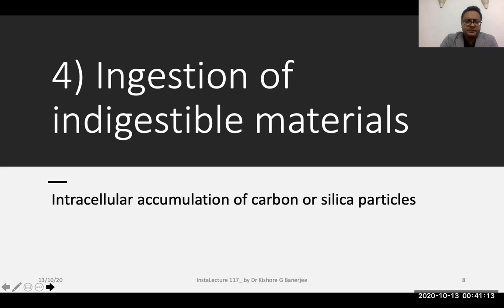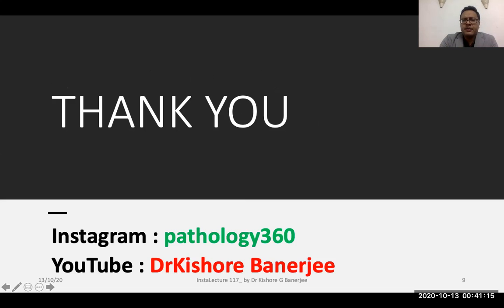What are those? So let me summarize again. What are those 4 forms of abnormal intracellular accumulation? One is due to enzyme deficiency. A classic example is lysosomal storage disorders. As I gave the example, A is converted to B by an enzyme, E. If E is missing, A would start to accumulate inside the cell.